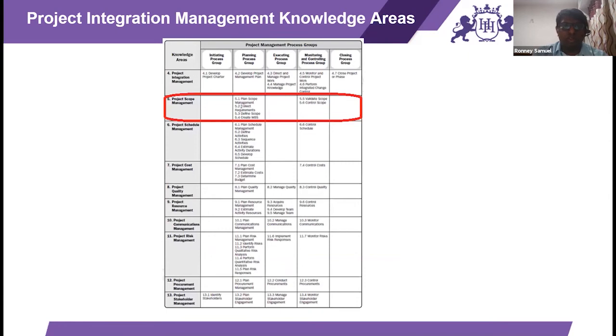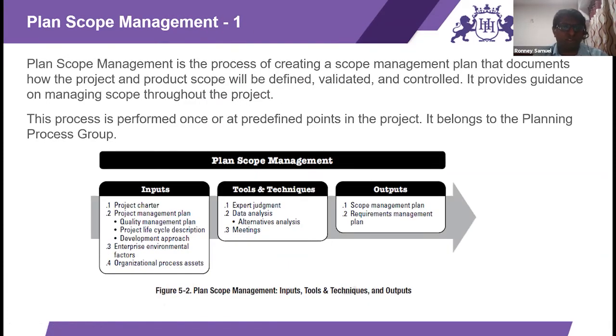So we're going to study all these parts. We have got six processes which we have to study, which are included as a part of planning and monitoring itself. In terms of process group, we are only working with respect to planning and monitoring in the scope. We'll start with the first process, which is plan scope management. So what does it do? It's the process of creating a scope management plan that documents how the project and product scope will be defined, validated,